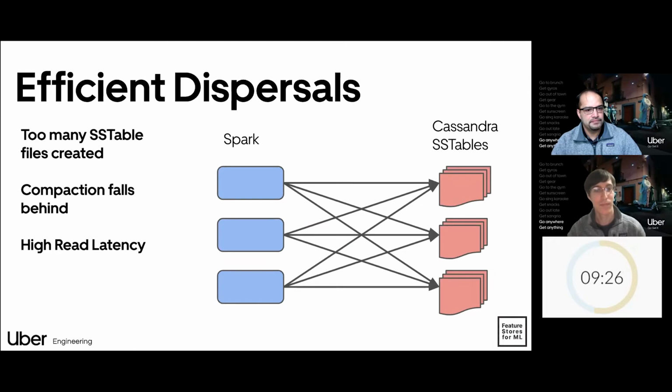Next. The last two solutions focused on reducing query fanout and high-tail latency while serving features online. Now let's take a look at how writing batch data to the online feature store impacts scalability. Despite optimizing dispersal pipelines to write data in Cassandra's internal SS table format, we discovered a problem with data fragmentation